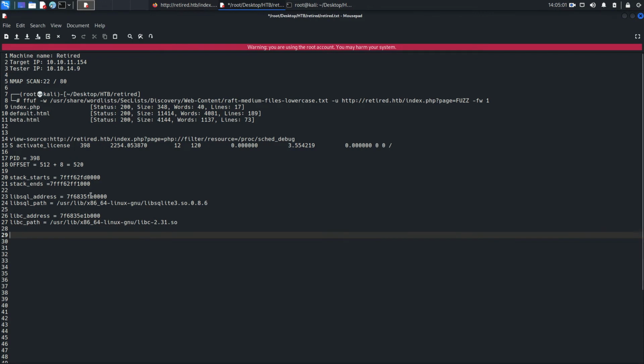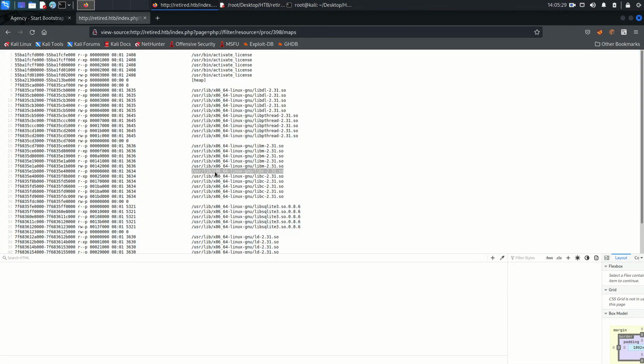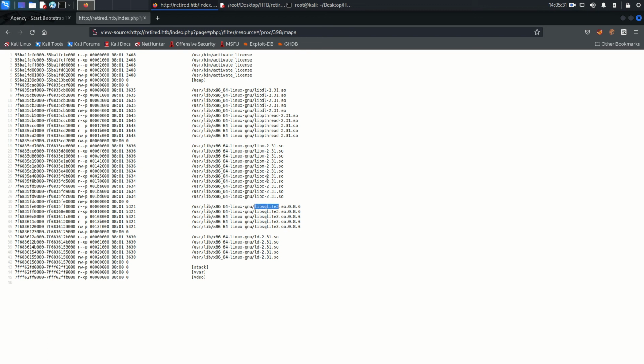Now what I need to do here, all these parameters will be required to create the exploit. So we get the parameters, I think everything what I need. So let's go and we will create the exploit. But before creating the exploit, I also need these libraries on my PC, the attacker PC, and for that we have to download, not all these, especially these two libraries to my machine. So take this, we have the path,